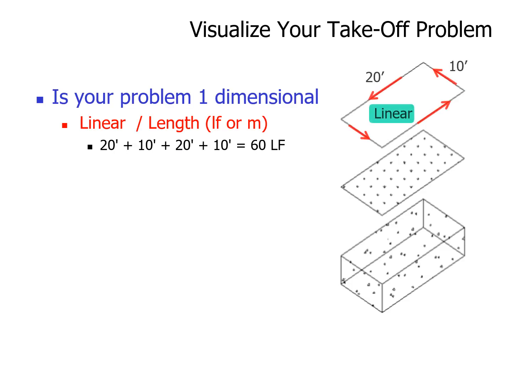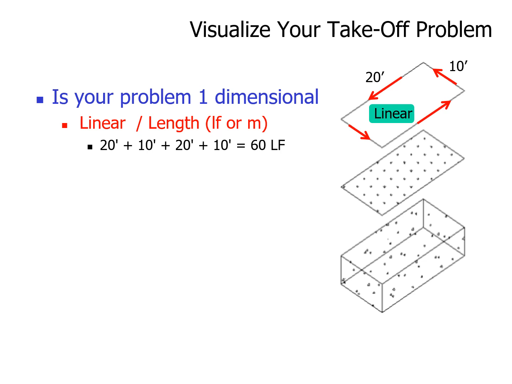Now let's look at a general thought process for this. It's not hard, but I want to make sure everyone understands this. Visualize your takeoff. If I came to you and said, we've got a room that's 20 foot by 10 foot, I want to calculate the perimeter of the room, or the baseboard length. I would just go around the room and add up all the dimensions: 20 plus 10 plus 20 plus 10, and that would give me 60 linear feet. I would need 60 linear feet of trim boards to go all the way around the room.